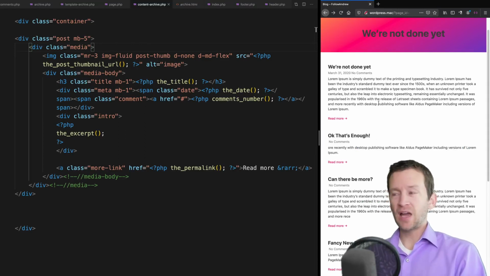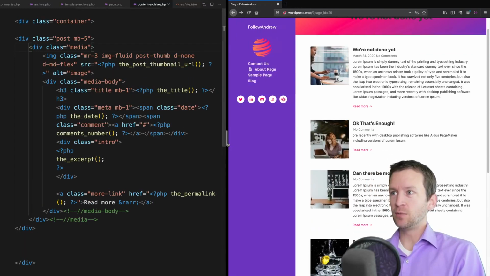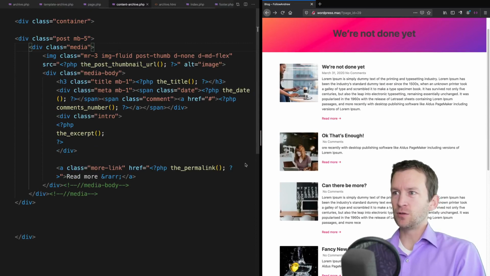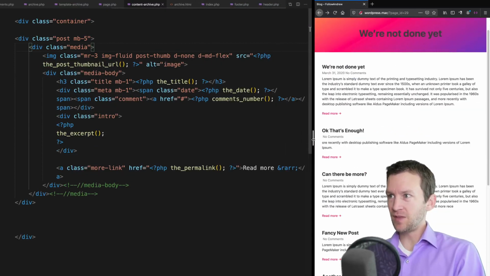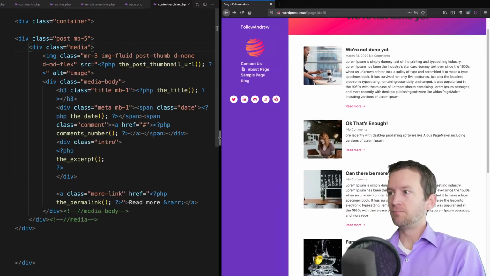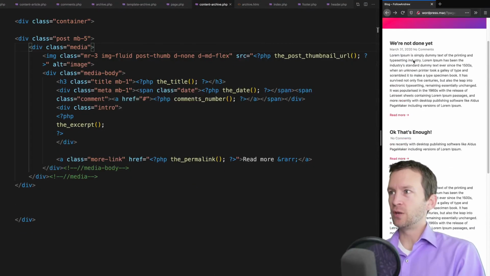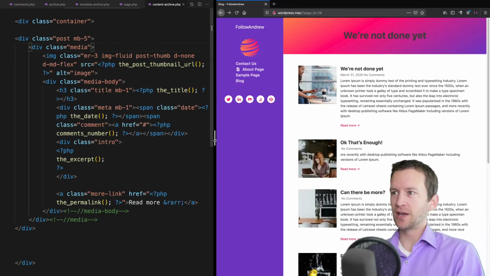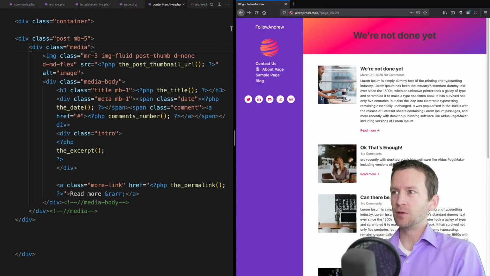Now, on my tablet view, I actually have those hidden. So I need to actually resize this up, and there we go. So on desktop, they're appearing. On tablet, I have those disappearing right at that breakpoint. And then when we get down to our mobile view, they're also hidden on mobile. So make sure you resize and get up to your desktop view to be able to see those